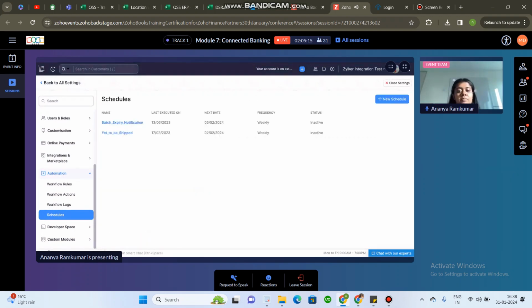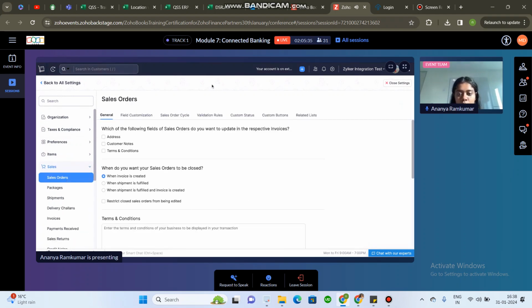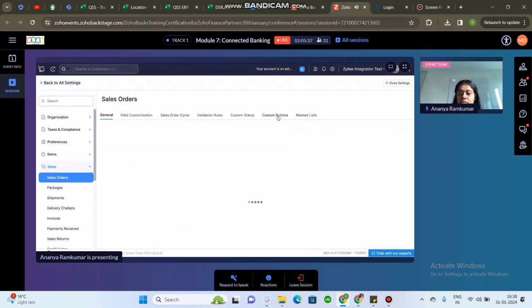Apart from this, we've talked about two cases: where this happens on a specific frequency, or where a custom script runs on the trigger of an event. Let's say I want this to happen on the click of a button. For that, we have custom buttons. Under the module of your choice, for example sales order, you have an option called custom buttons here. So here again, you'll be writing